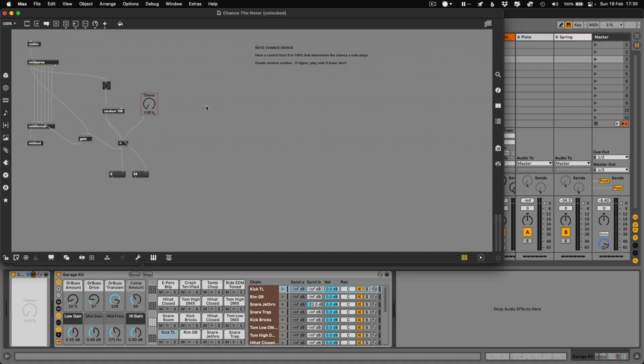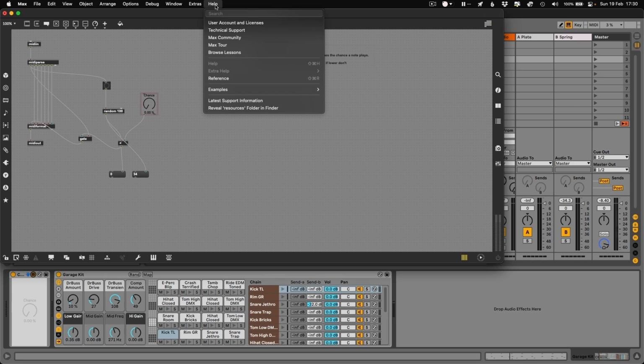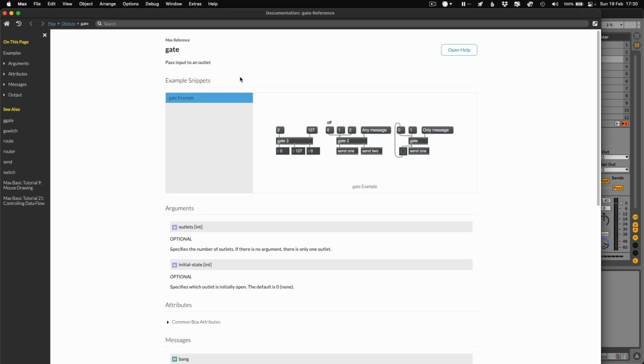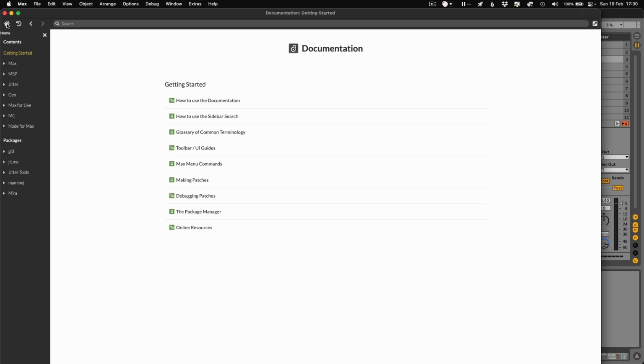There's a couple of really good places to learn, but they're a little bit hidden in terms of being able to actually find them. So Max actually has a bunch of really nice built-in tutorials, but in order to find them, you've got to go to the Help menu and then go to Reference. And this is going to open up this big reference, which we were in earlier, remember, when we were looking at the gate. But in the reference, if you go Home, you'll see you've got all these different categories down the left-hand side here. And you can open up these different categories, so for example, Max, and there are tutorials